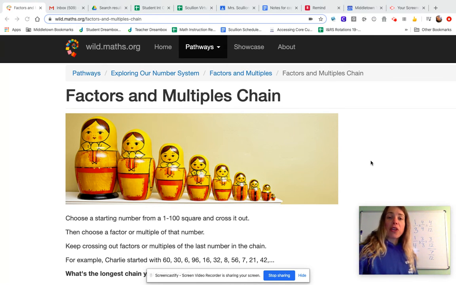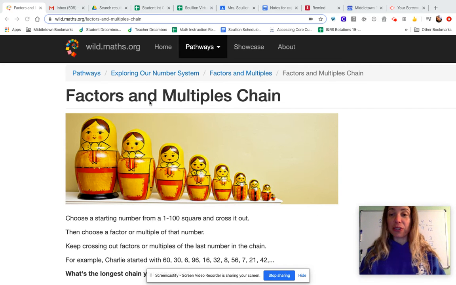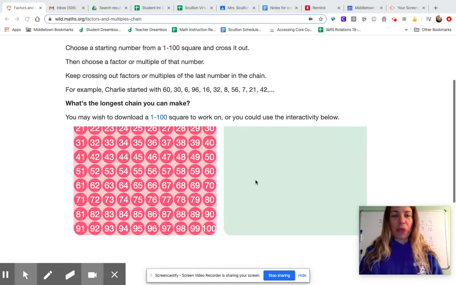I've just used my knowledge of factors and multiples to make those equivalent fractions and then add them together. So to practice factors and multiples, I found this cool game for you. It's called the Factors and Multiples Chain. So what you do here is